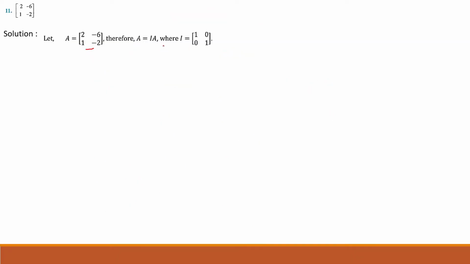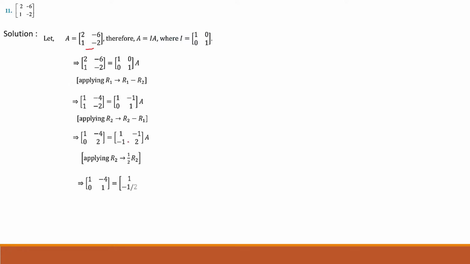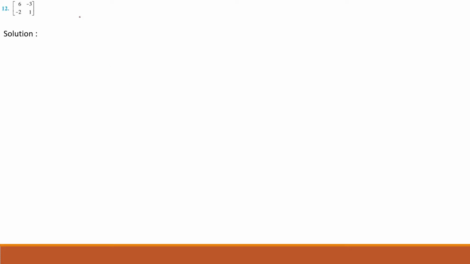So the 11th problem is also the same, we have to find the inverse using row transformations. I'll show you the answers. Try to solve the transformation by yourself. So moving to the 12th problem, let us take this matrix as A and after substituting the matrix it will